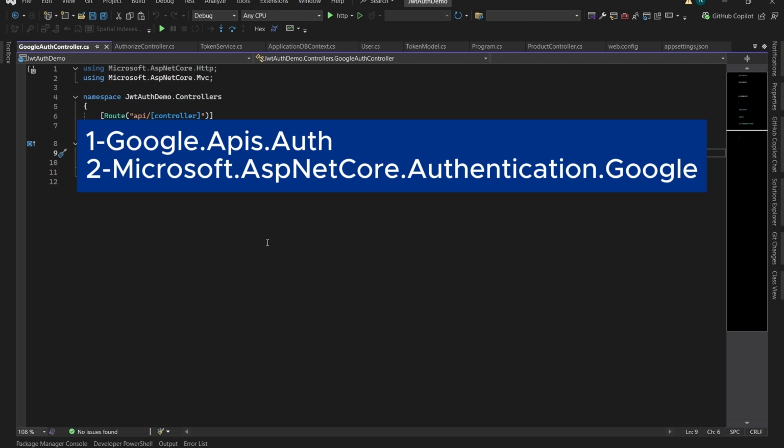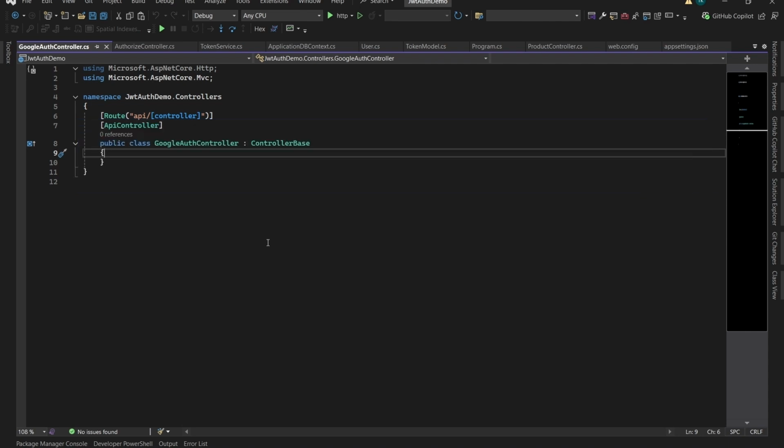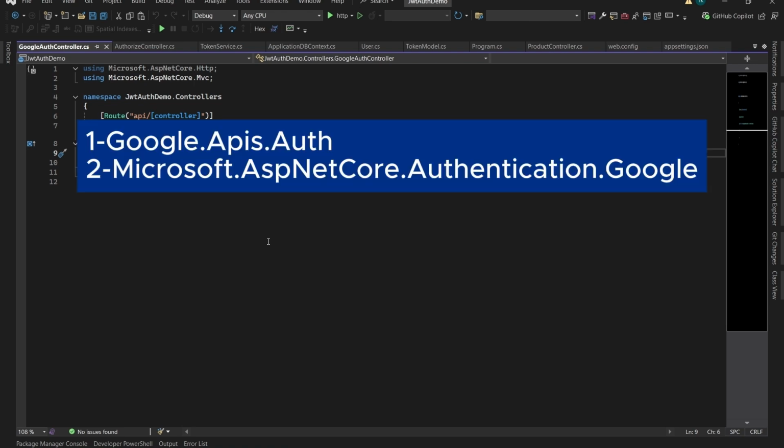Our backend needs to verify the ID token that comes from Google, and this verification must be done securely and officially. For that, Google provides a trusted library. So we need to install these two packages: Google.Apis.Auth and Microsoft.AspNetCore.Authentication.Google. So we go to the Package Manager Console